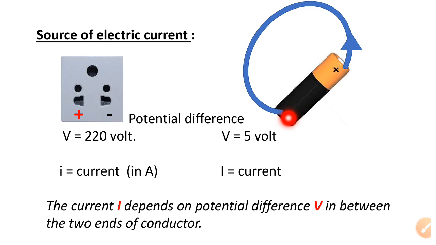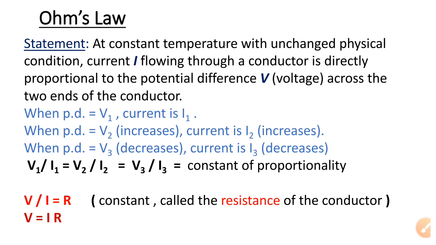Directly proportional means, suppose whatever the amount of current we are getting here, this 5 volt becomes 10 volt, that means the potential difference becomes 2 times, so we will say that the current also becomes 2 times. This is what we call directly proportional. Suppose the voltage becomes 3 times, that means 15 volt, then the current becomes 3 times the initial value, correct. So suppose we take the potential difference initially V1, then the current is I1.